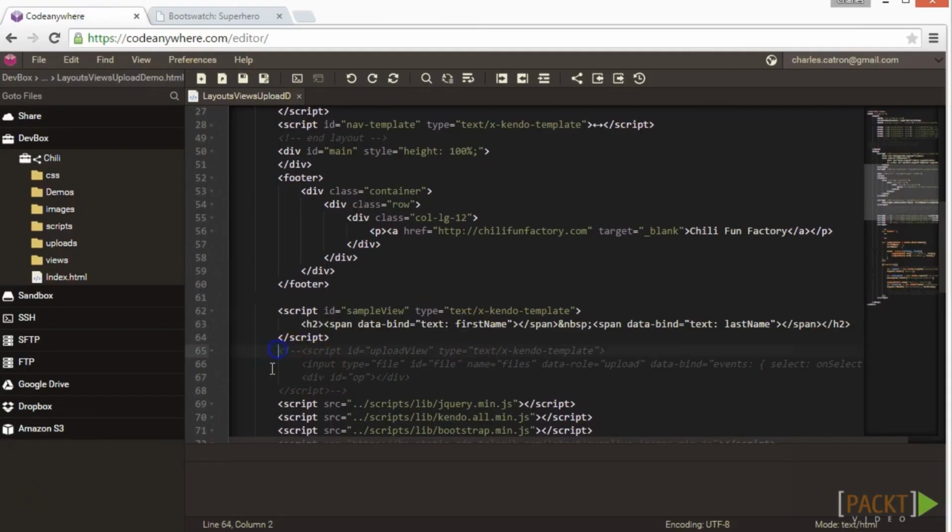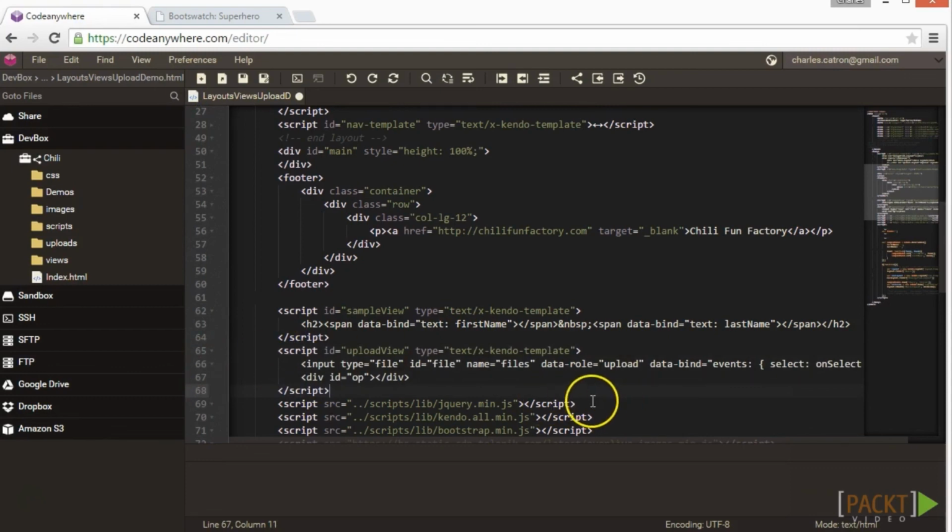I will go ahead and tell you that this solution will not work in IE less than 10, but it does work in IE 10 plus, Chrome, and Firefox. So first, let's create a new Kendo UI view for the uploader, and then we will get into the actual mechanics of making it work. Add a new script block,